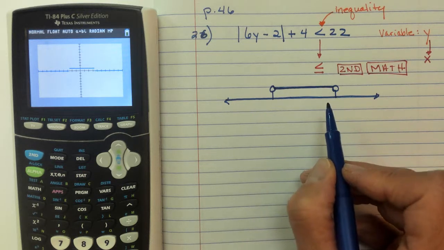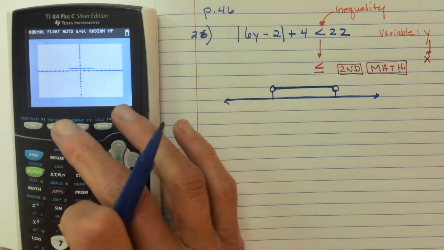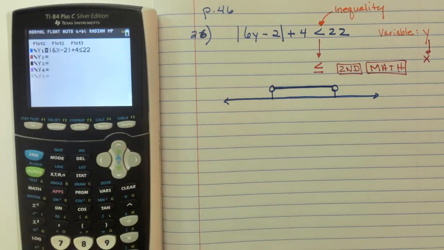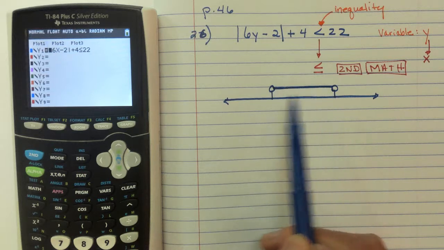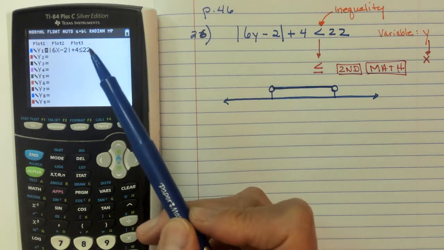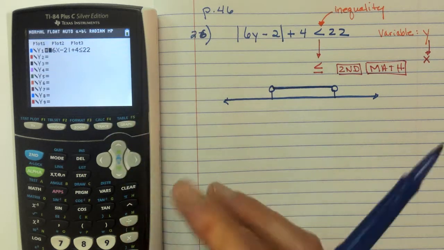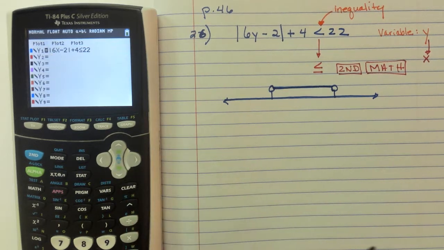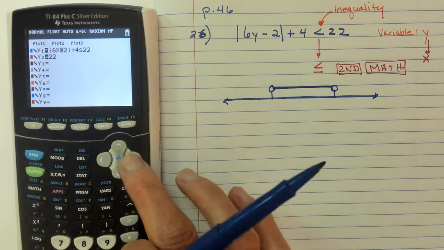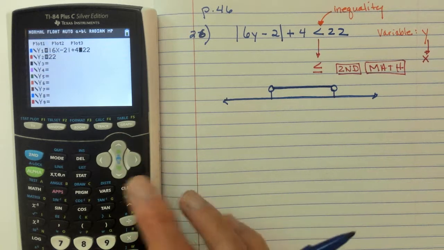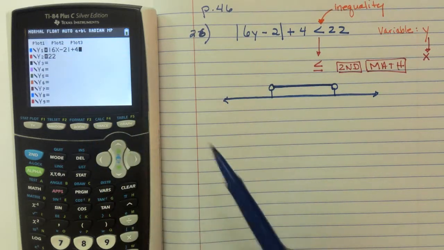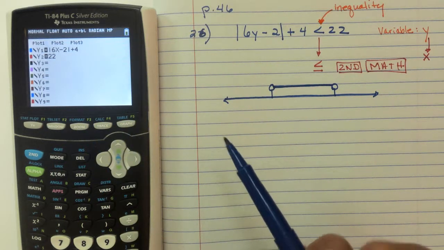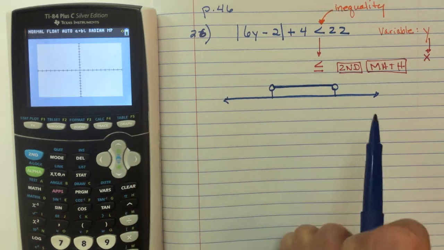And this is how I'm going to do it. I'm going to go back to y equals, and instead of having a graph on one nice line like this, I'm going to put this 22 down here. So I'm going to make the second y2 22. I'm going to go up here, get rid of that inequality, get rid of the 22. So now this looks just like my problem that's at equals. So when I graph it,